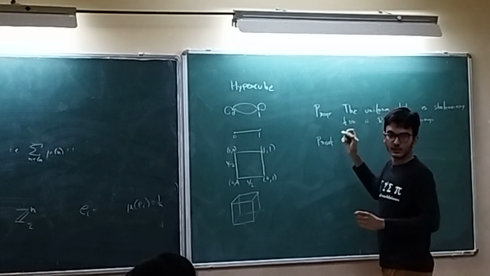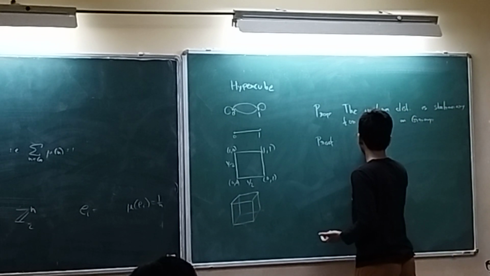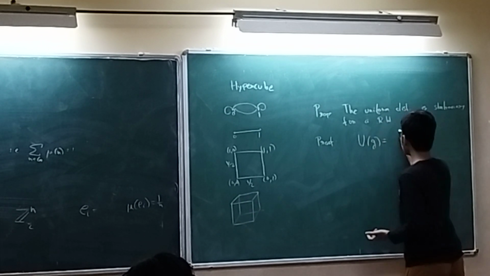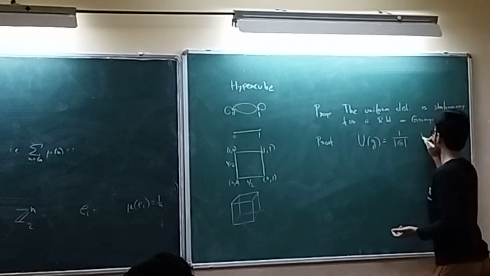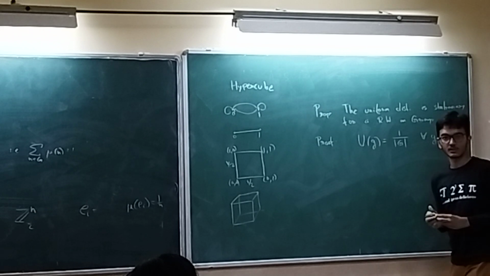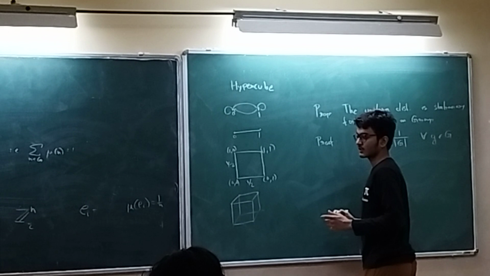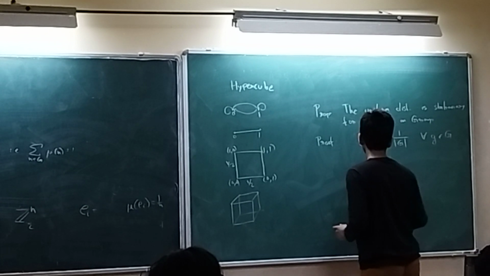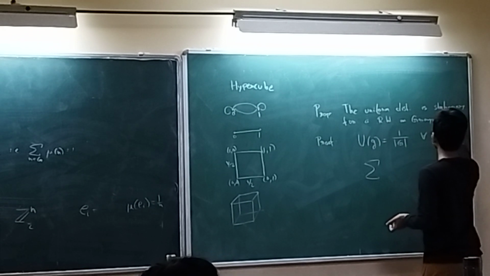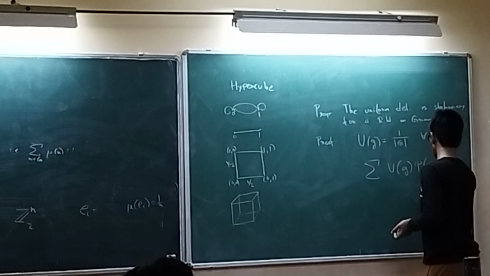So what is the uniform distribution? The uniform distribution assigns equal probability to each of the elements. So if I denote the uniform distribution with U, then U of g will be just 1 by the size of G. So this is just a uniform distribution. And now, what was the definition of a stationary distribution? This is a row vector and I multiply it with the transition matrix. Let's say the transition matrix is P. So what I am doing is trying to find this.